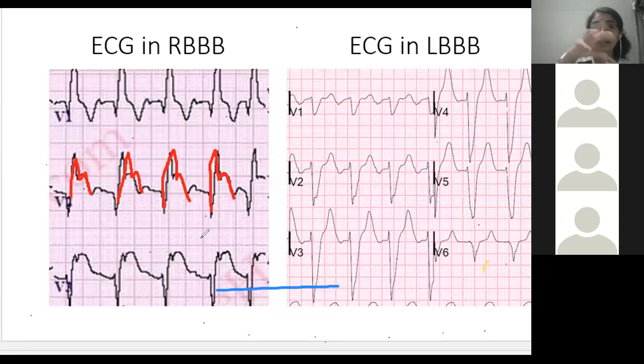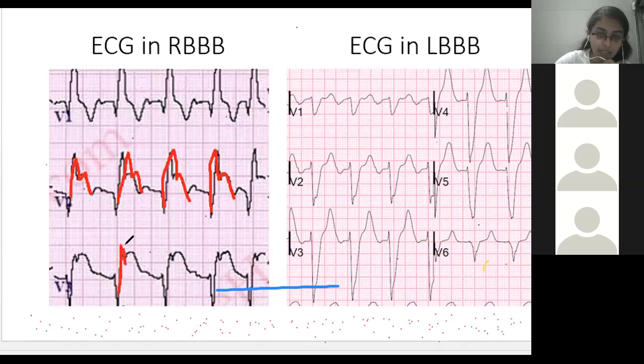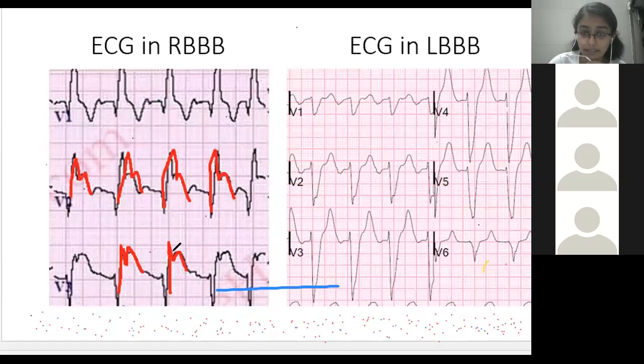The electrical conduction in the left side of the ventricle is good. The left side of the ventricle is contracting, but the electrical currents cannot reach the right side of the ventricle, the right Purkinje fibers. So there will be a delay in their contraction. Thus, when the left side is already contracted, the right side hasn't. But as the intensity of the left contraction decreases, the right fires up, and you get an M. So this is because of the incoordination between the contraction of the two sides, the right and left ventricle.